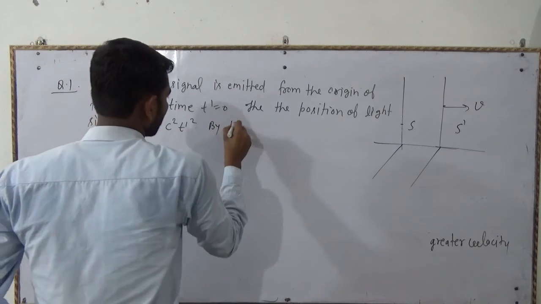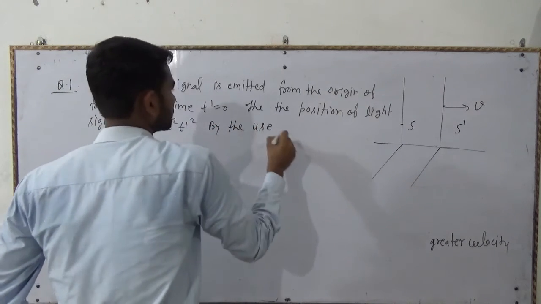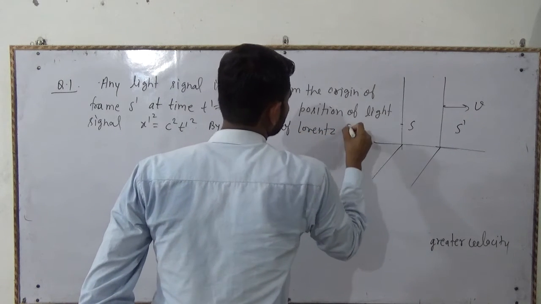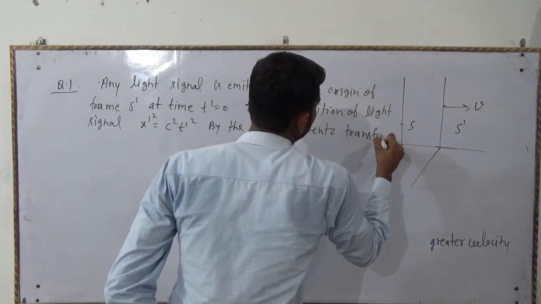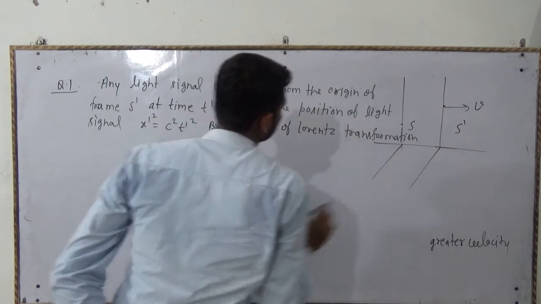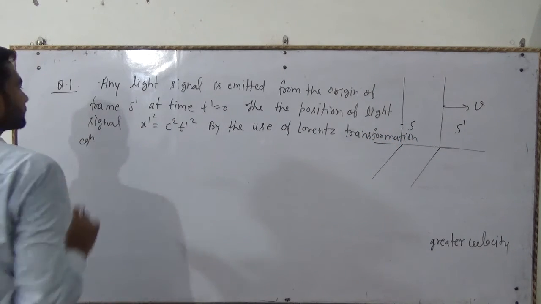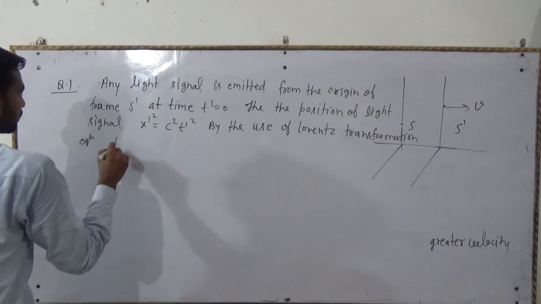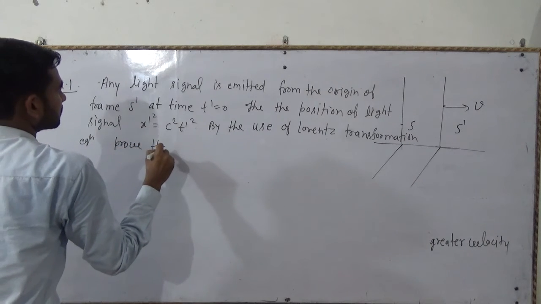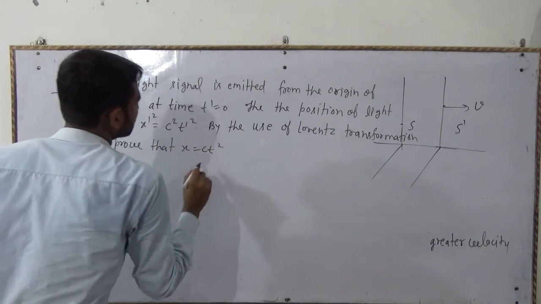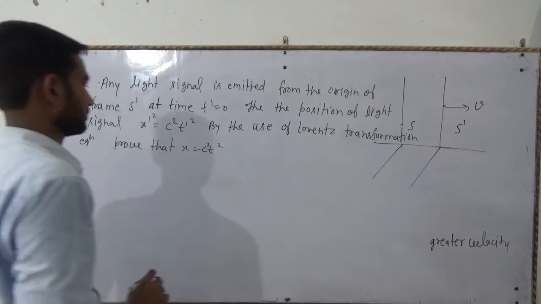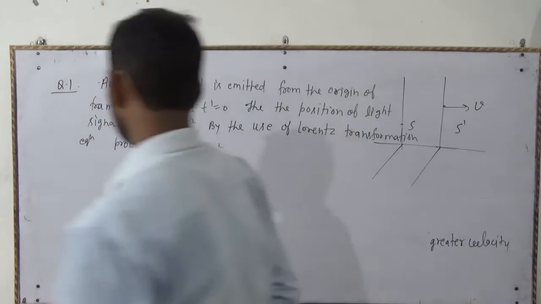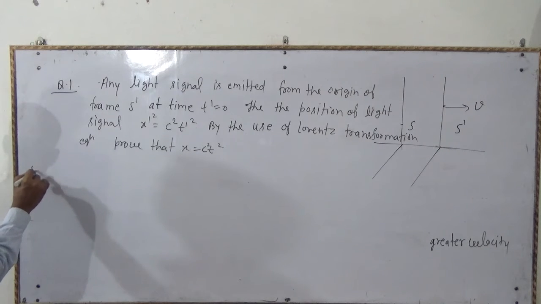Here the question is, by the use of the Lorentz transformation equations, prove that x square is equal to c square t square. Simply, here we can prove it. Solution: